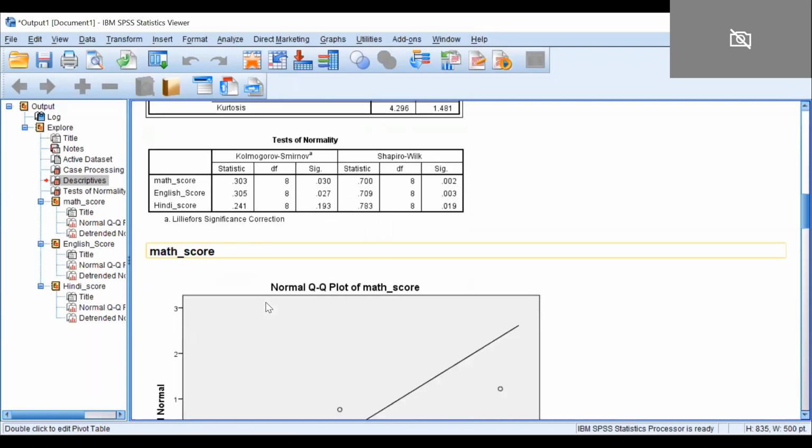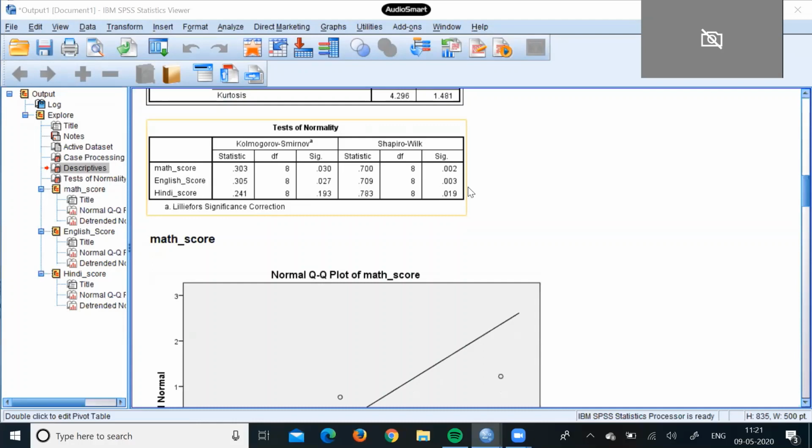From here we will see that for the KS and SW tests, the math score is not normally distributed, and the English score is not normally distributed, because the significance value for both the tests is less than 0.05. We have already discussed that for a variable to be normally distributed, for both the tests, the p value should be greater than 0.05. So here in Hindi score, for the KS test the significance value is 0.193, and for the SW test the significance value is